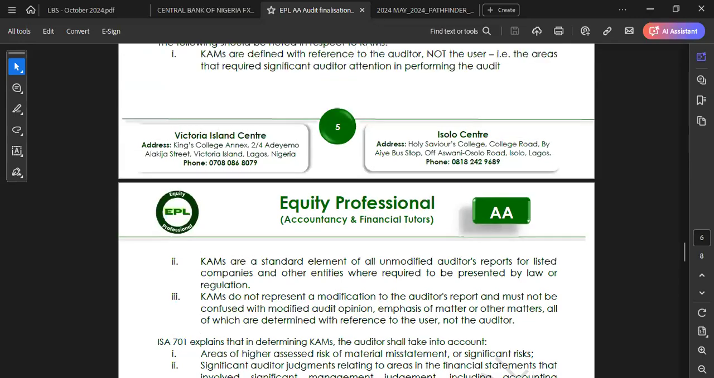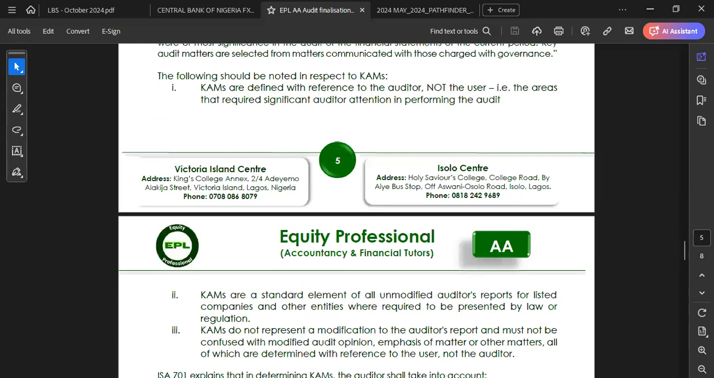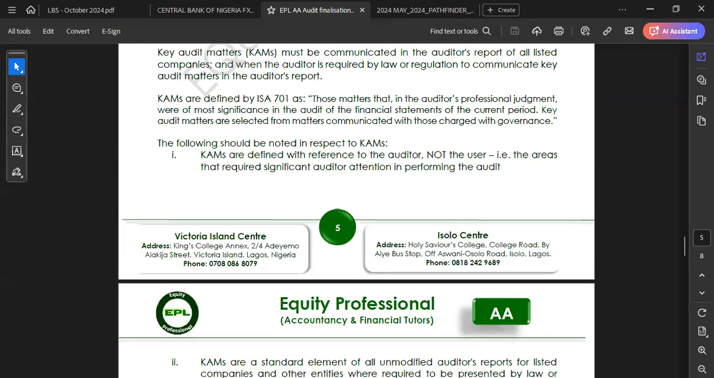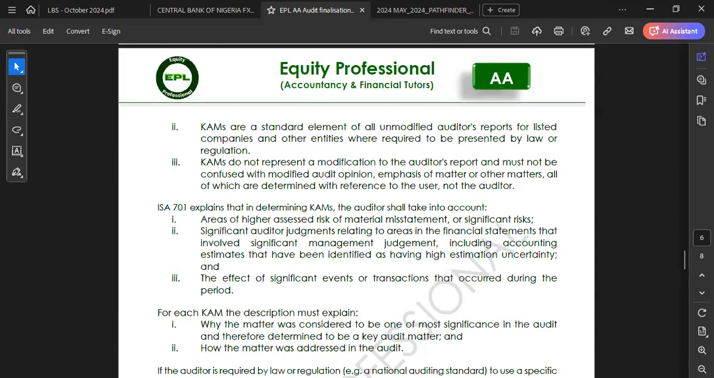Now, if you look at the key audit matters, there are three things you should take note of. Terms are defined with reference to the auditor, meaning it's the auditor that pays attention to it. These are areas that, in the auditor's professional judgment, were most significant to the audit of the financial statements. So what will the auditor use to determine key audit matters? Number one, areas of higher assessed risk of material misstatement, or significant risk. The second is areas that involve management judgment, such as accounting estimates,